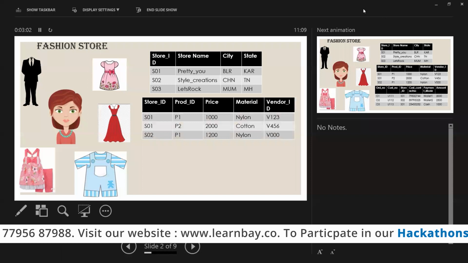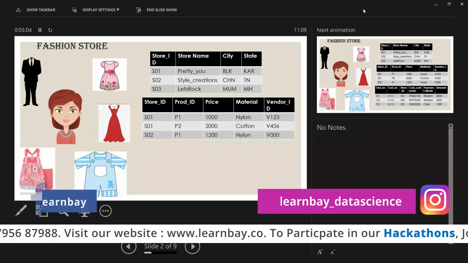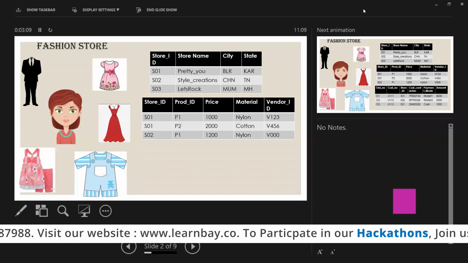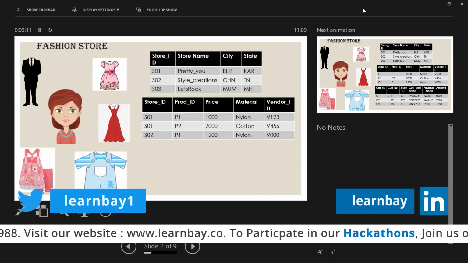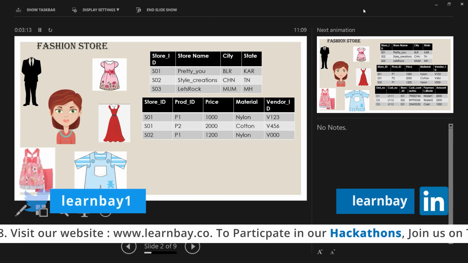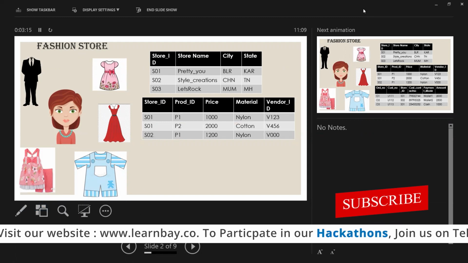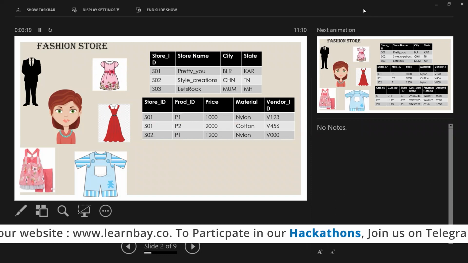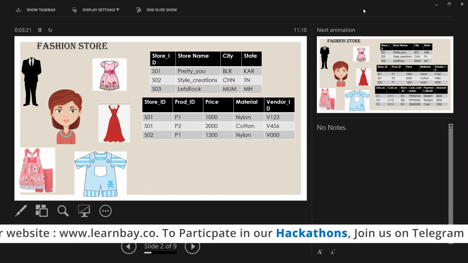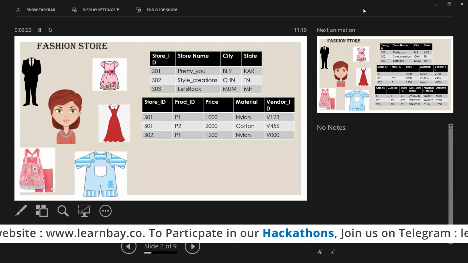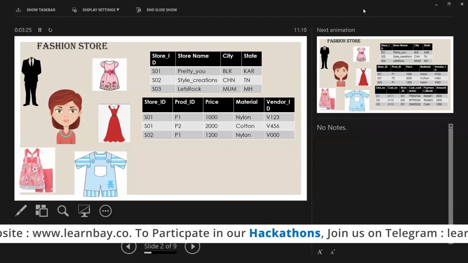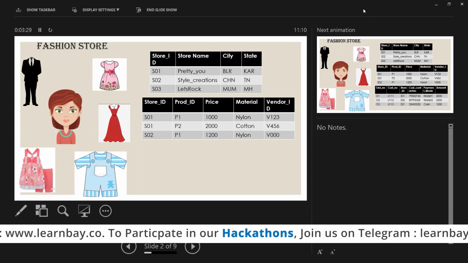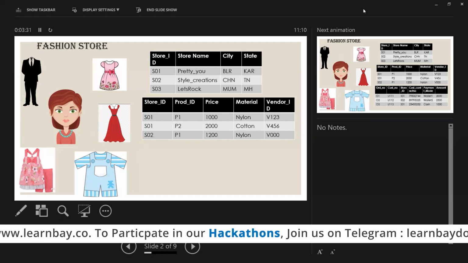Then she slowly started thinking about what are all the other data that I have to maintain. Then she comes up with, okay, let me also mark down what are all the products that I'm selling so that in future, if I want to add any products, I will not be duplicating them, right? Suppose I'm selling one particular product from a store. Now I don't want to recreate that same product. I just have to duplicate it, right?